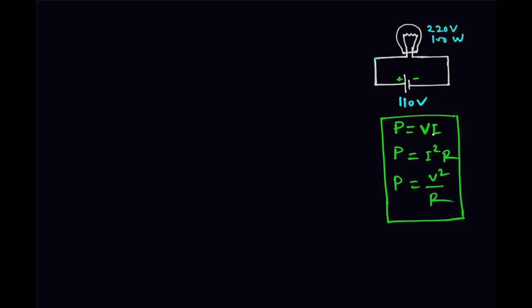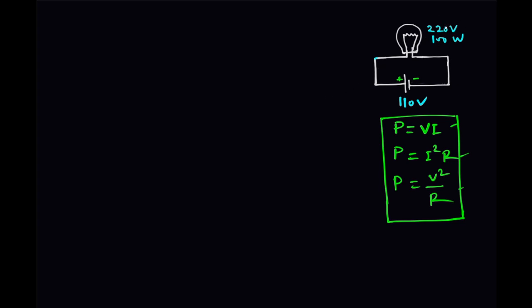But how to calculate? You have to find the resistance at least. If you find the resistance, then current you can find, and you know the voltage supplied across the terminals of the bulb, that is 110 volt. But you have to calculate either the current or the resistance to apply these formulas. Okay, but you have to calculate the resistance first. How to calculate the resistance?